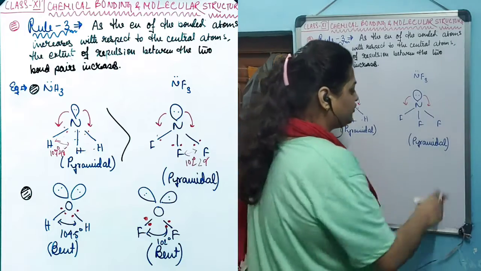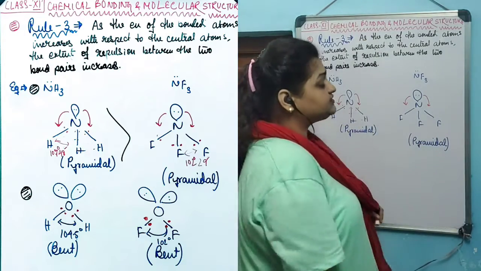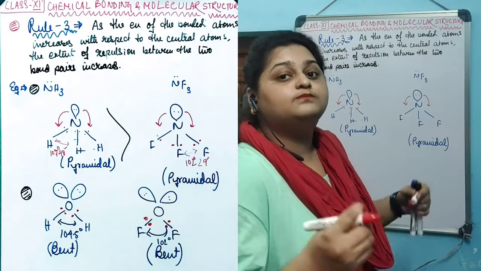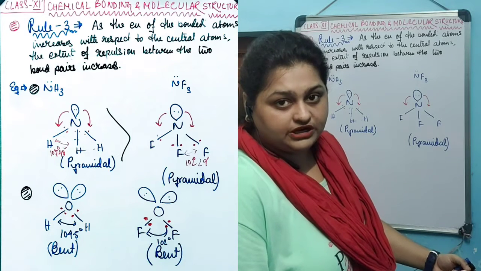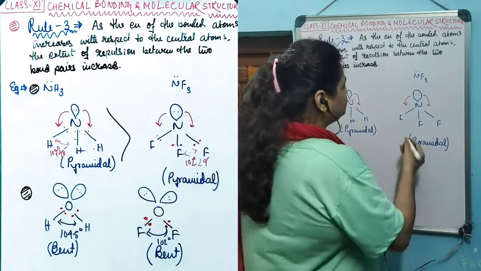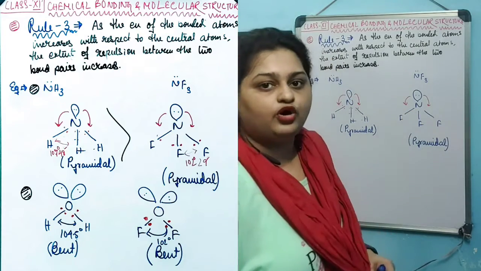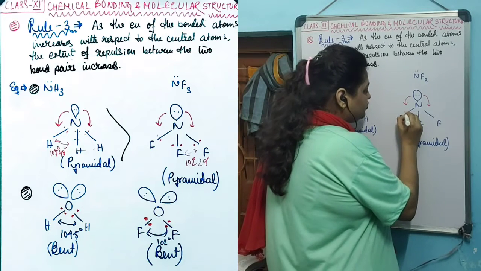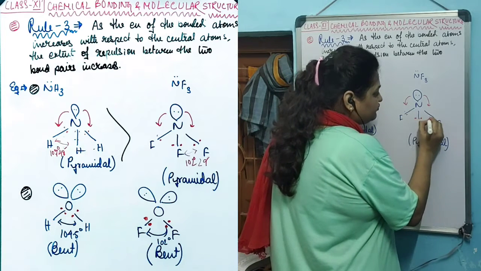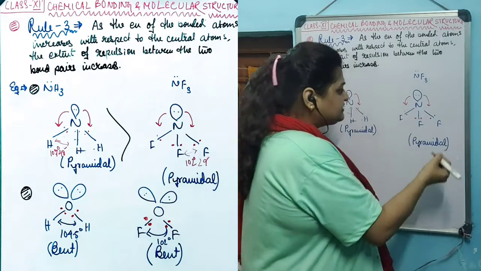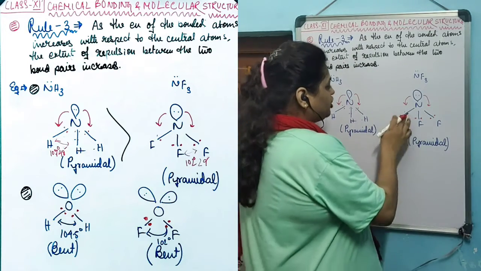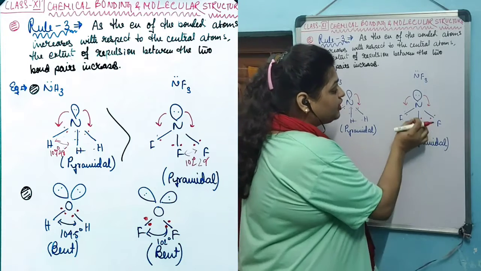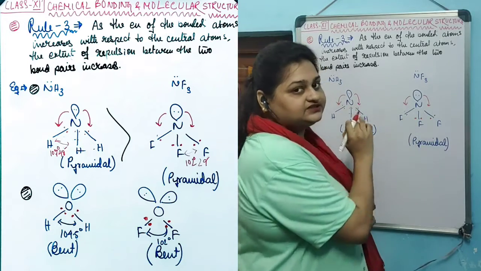That is not the case for this one. In this one, fluorine is much more electronegative than nitrogen. In fact, fluorine is the most electronegative element in the periodic table. As a result, the electron density in the bonds is more concentrated towards the fluorine atom, away from the central atom. As a result, the electron densities are much farther apart from each other in this case.